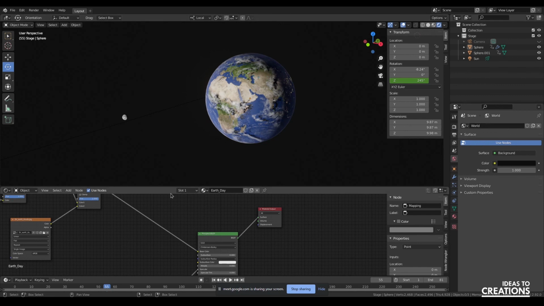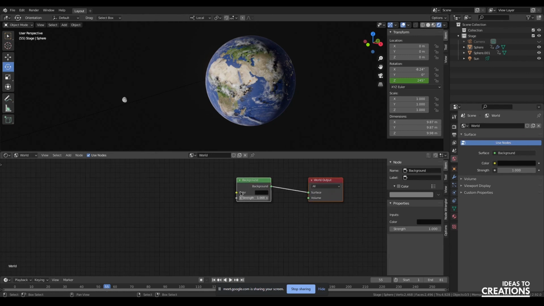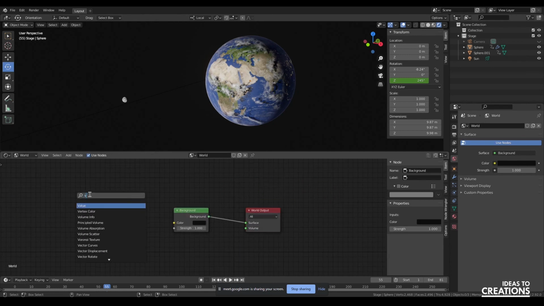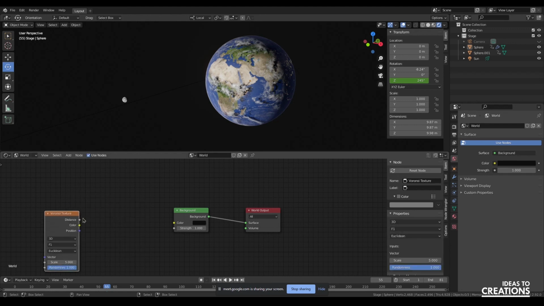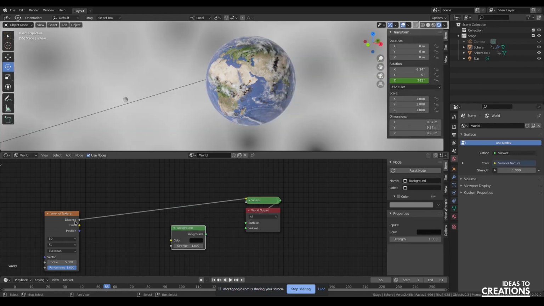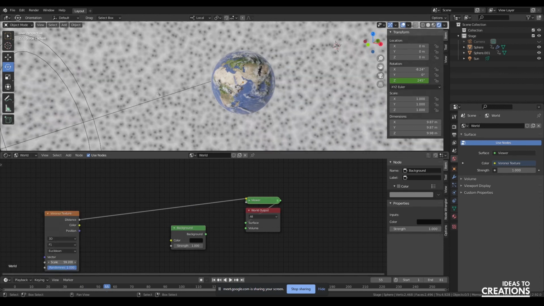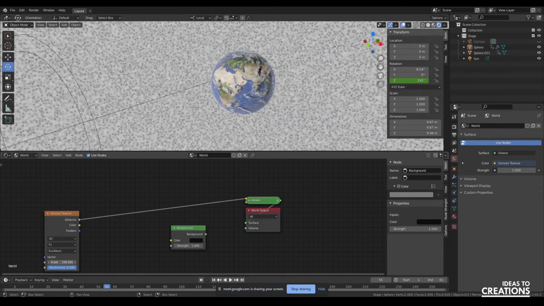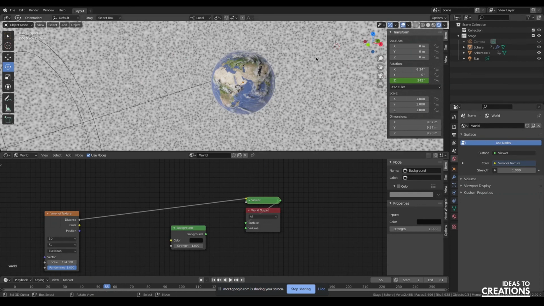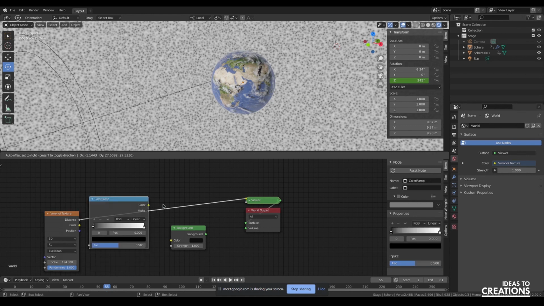You can go to the world. Let's switch to world mode and add a Voronoi. If you're doing this in After Effects, you can add a fractal noise, and that's basically just going to create this noisy thing. You can give it some scale. That's going to make them really small, but they're kind of the opposite color, so we'll add a color ramp